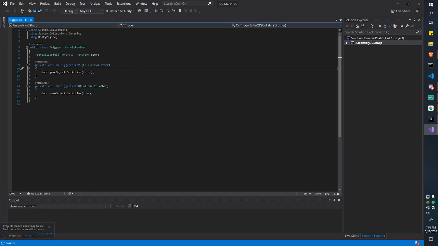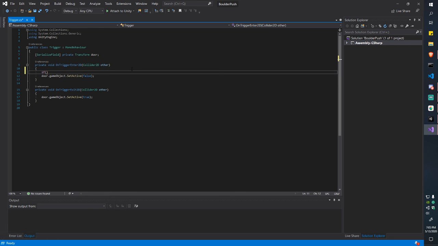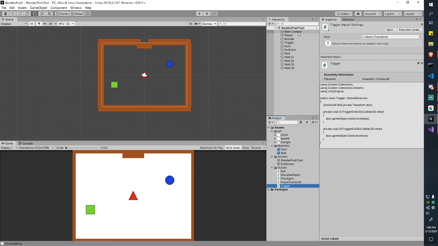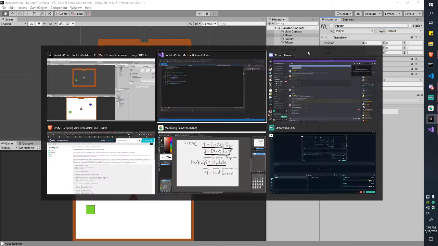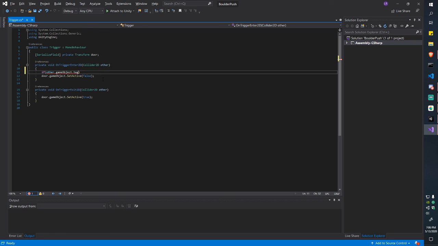But normally you want to just make sure. So if I check, you see that it gets another here. This is the thing that entered there, so this is the other collider. You check the other collider for its game object, and then you check the tag. You can check the name as well, but it's really not optimal. You can use tags for that. So check the tag to be equal to the